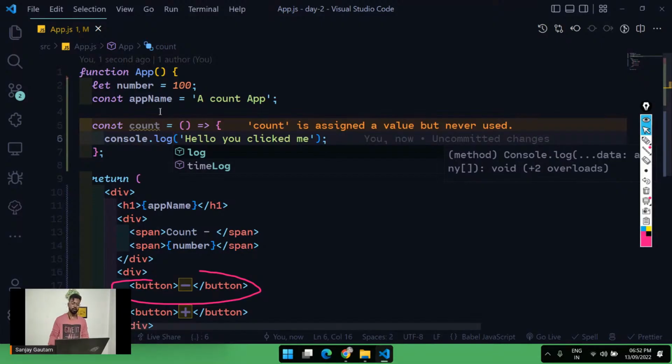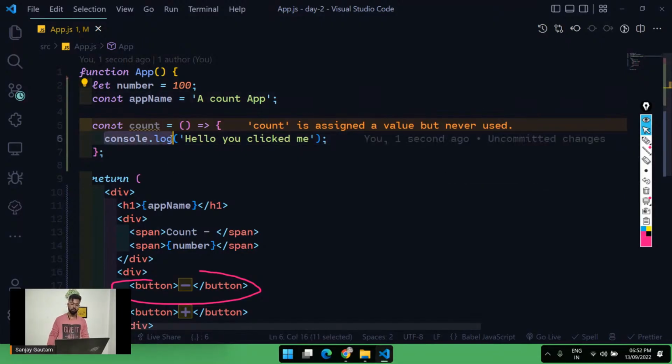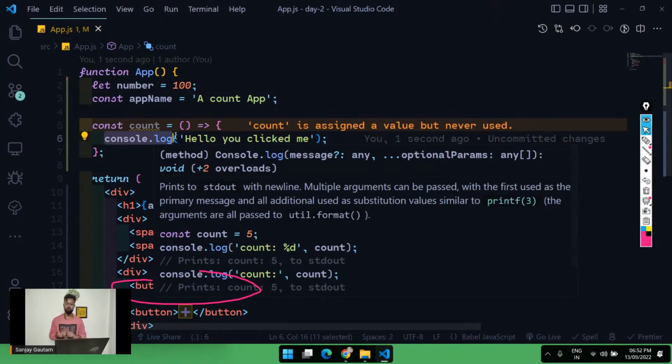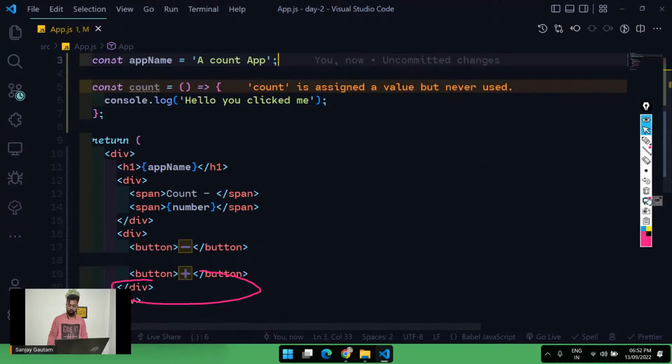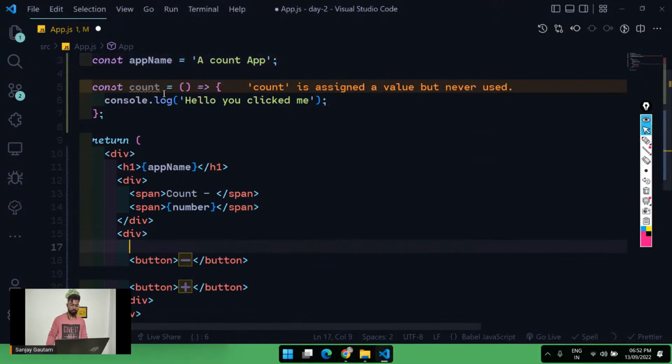You can put alert here, but for now I'm just going to put a console.log, and after that I will just replace this console.log with alert. Okay, and now what I want, as soon as somebody clicks on this button, I just want to execute this